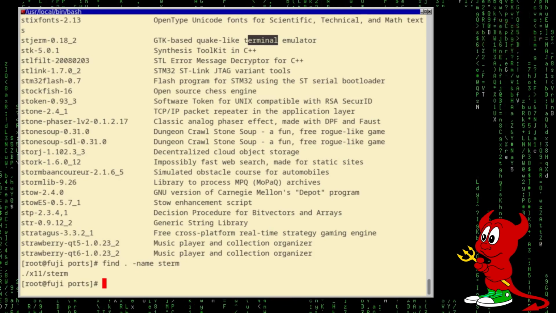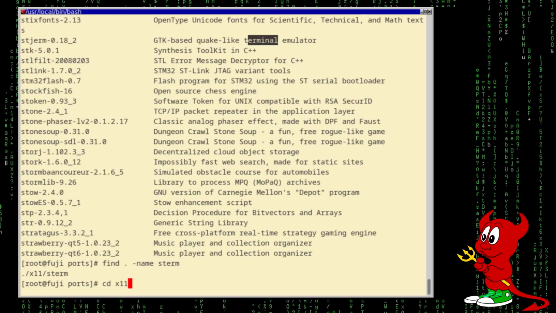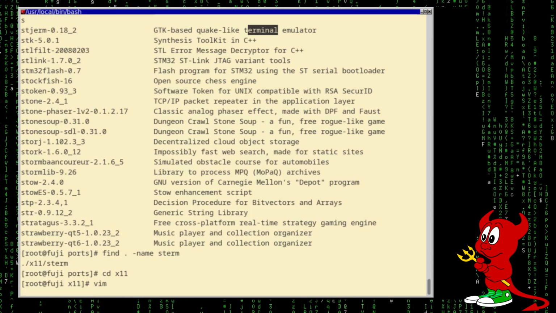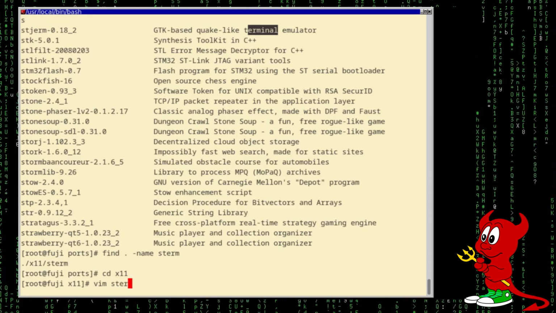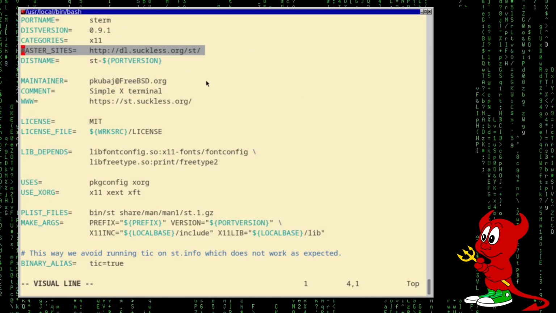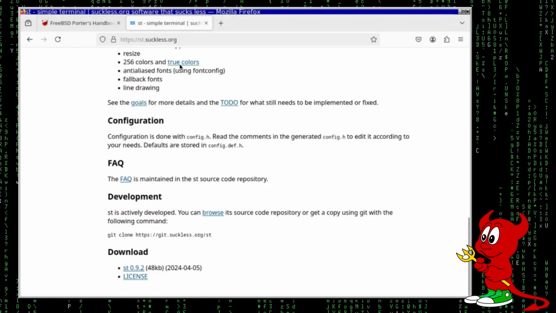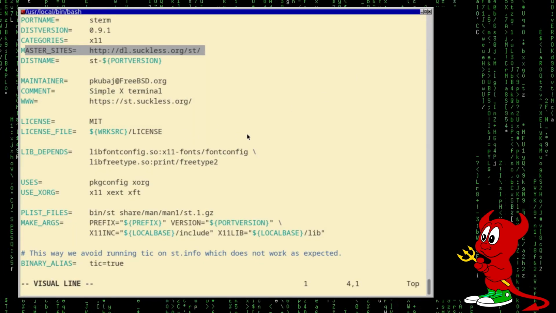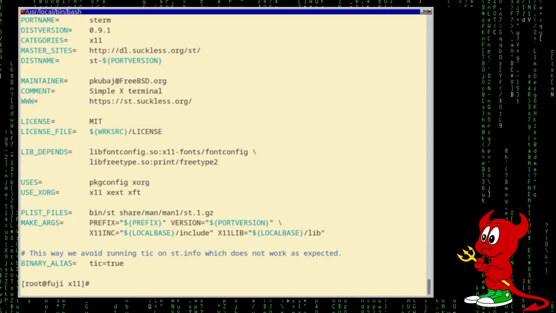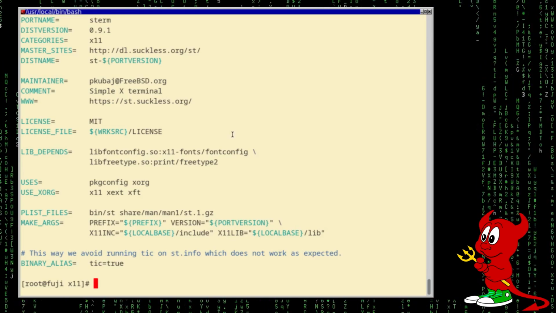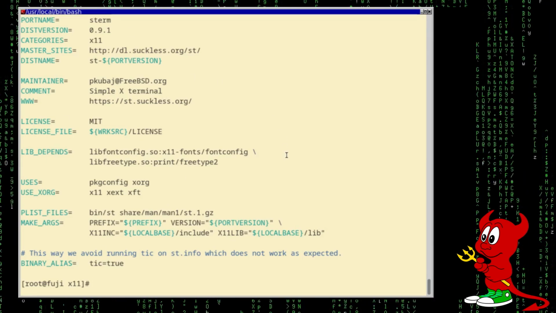It's under X11, okay, cd x11, and then st-term Makefile, and it's a success. This looks exactly like the website, the program that I'm trying to port. Okay, no problem. So this means that this is already done, but what I'm going to try to show you